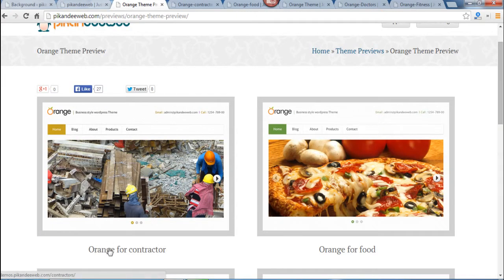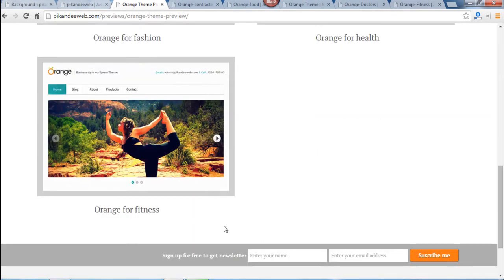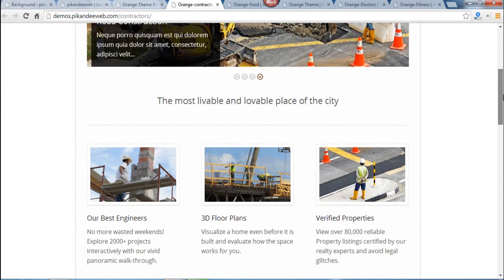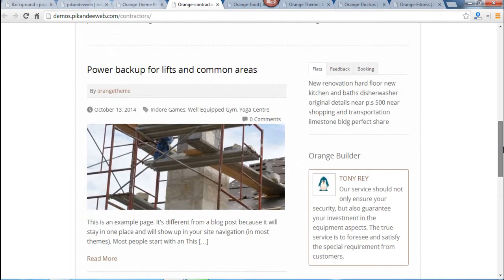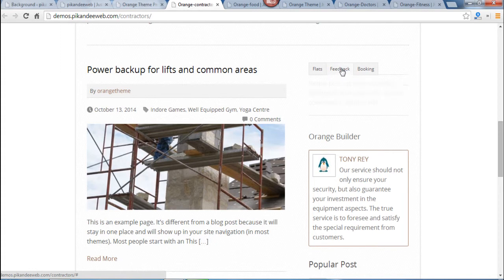I've built Orange for contractor, Orange for food, Orange for fashion, Orange for health, Orange for fitness. For example, Orange for contractor. You can see an awesome, beautiful WordPress theme. Plus one more thing, a tab menu is also there.